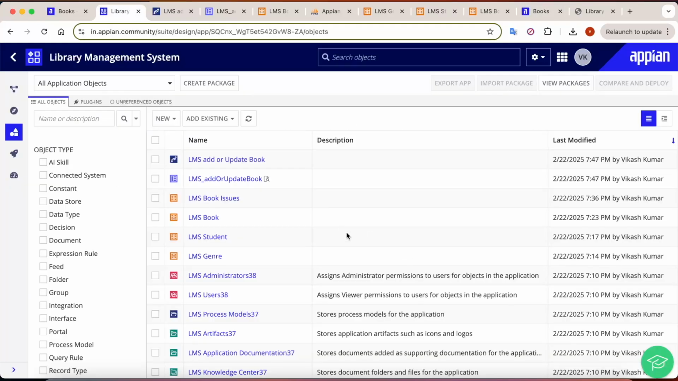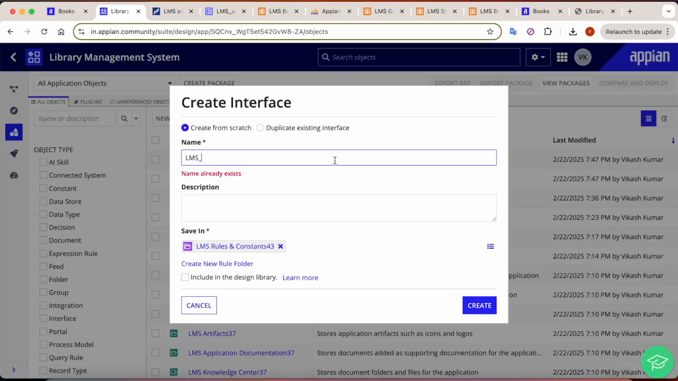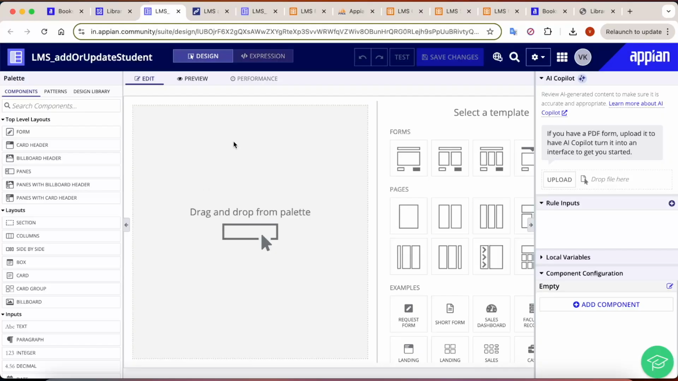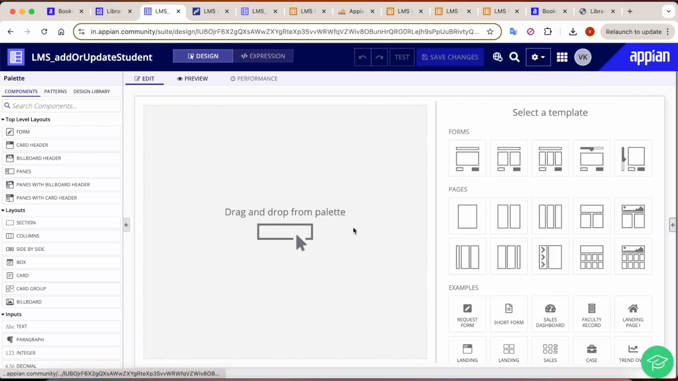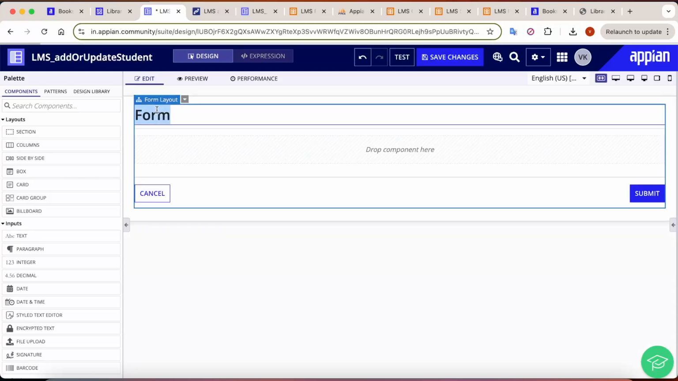Now we are back in the designer, and we will try to create the UI to add a student here. Go to the interface, and let's add the name of the interface as add or update student, and click on create here. Once your UI has been created, it will come here, and now select the form layout here, and let's remove this section layout from here, and here we will try to name it like add student,